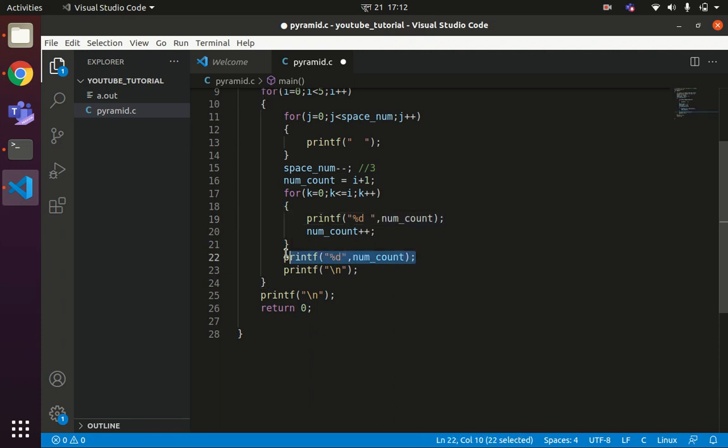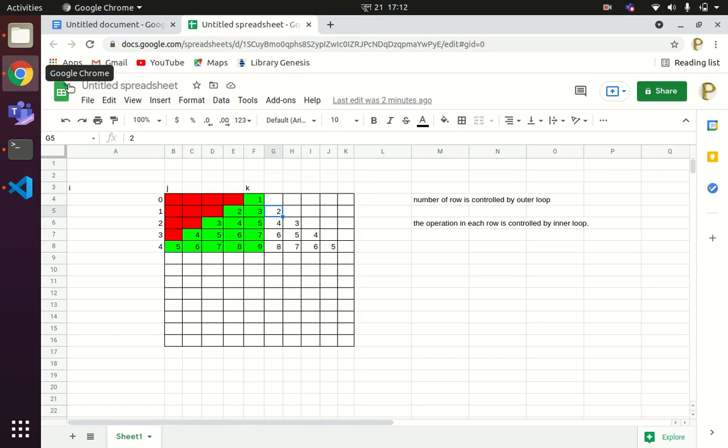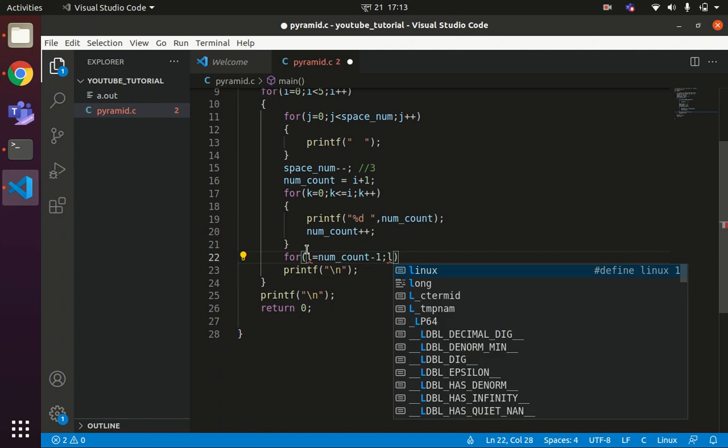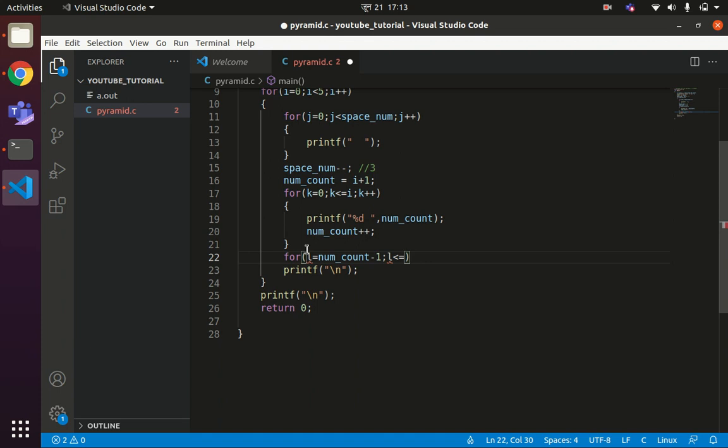In order to print this unshaded set of values, we'll use one more variable, L. So for L equals num count minus 1, and the value of L should be less than or equal to I plus 1, and then L minus minus.